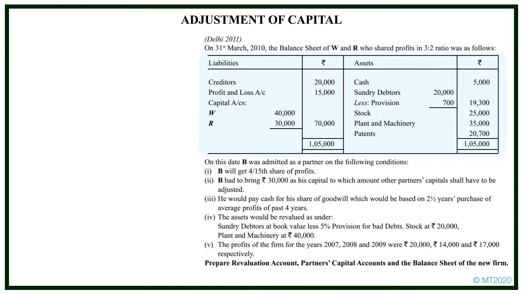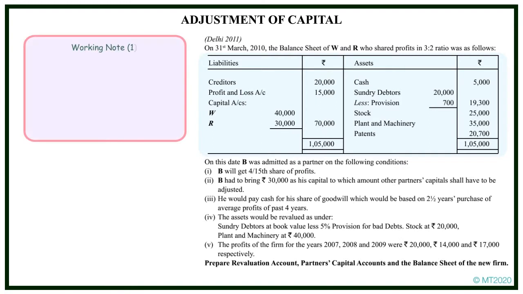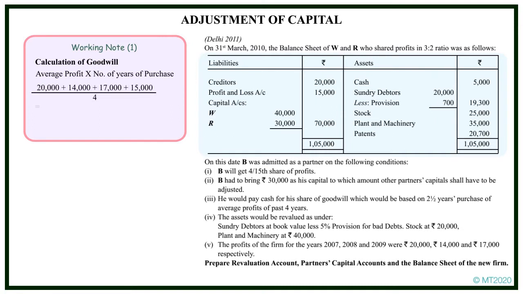To begin with the solution, we need to do certain working notes. So first, the working note which we would do is calculation of goodwill. The goodwill will be calculated on the basis of average profit, and thus the formula of goodwill calculation is equal to average profit into number of years of purchase. Average profit of 4 years equal to 16,500, and if multiplied with the number of years of purchase, that is 2.5 years, the value of goodwill comes as